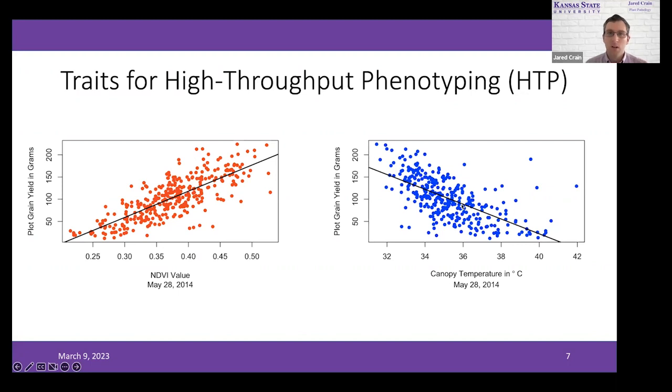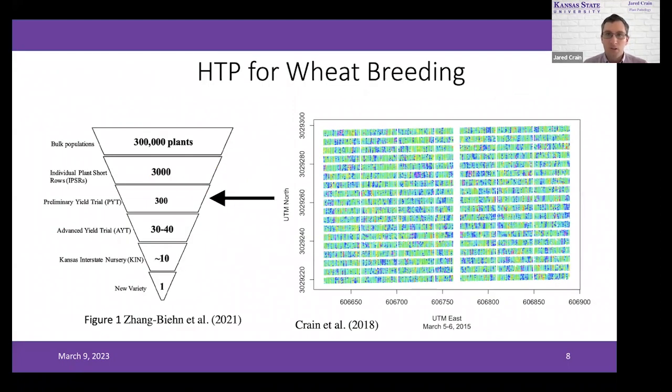So these are just two examples of traits that could be collected in a high throughput manner for hundreds or thousands, even tens of thousands of plots. And some of my first work in high throughput phenotyping, or HTP for short, in wheat breeding, was looking at,